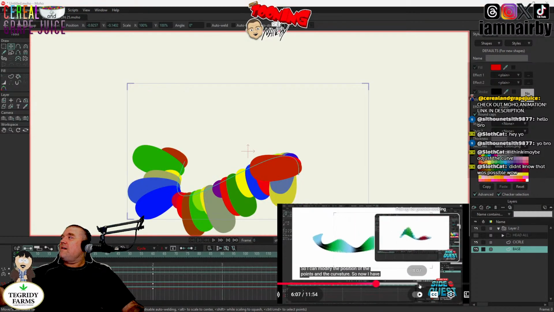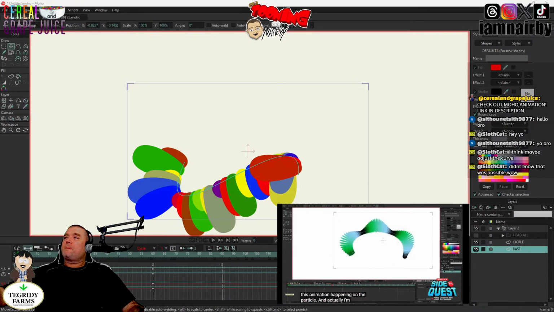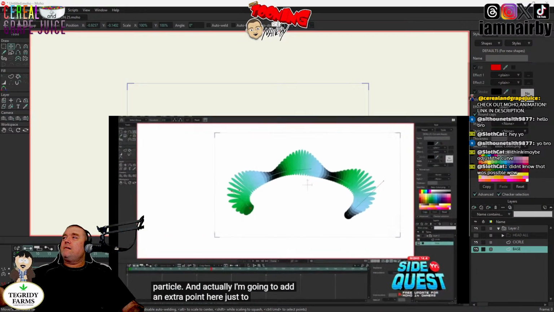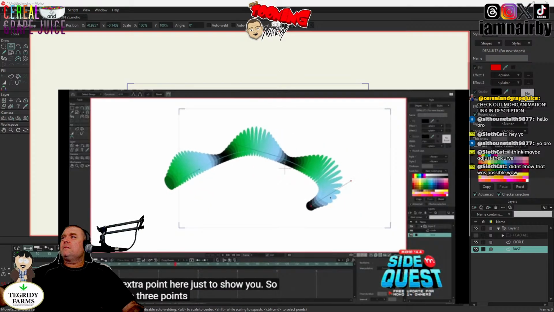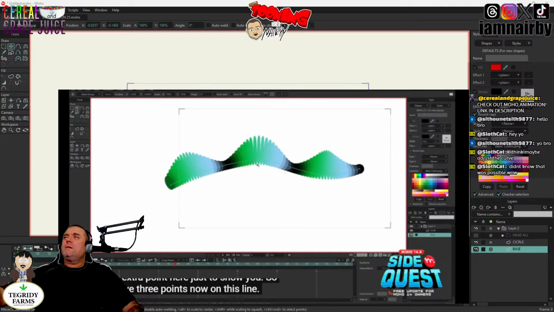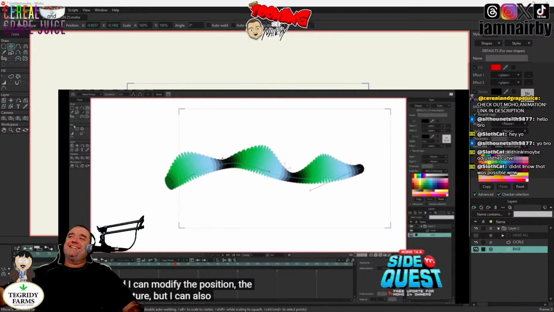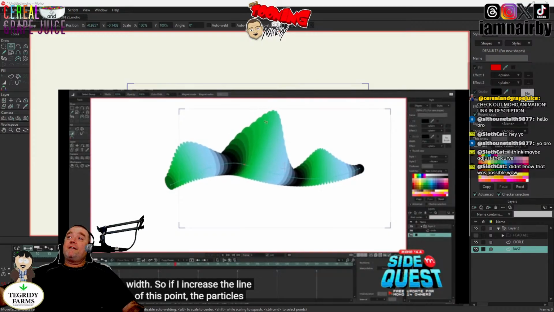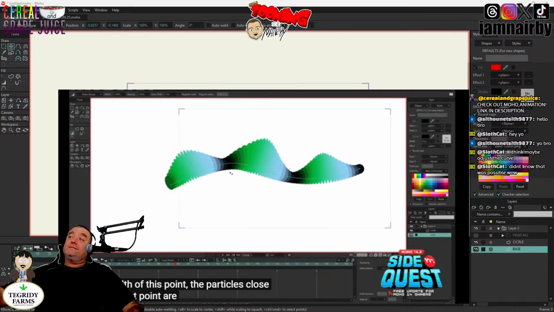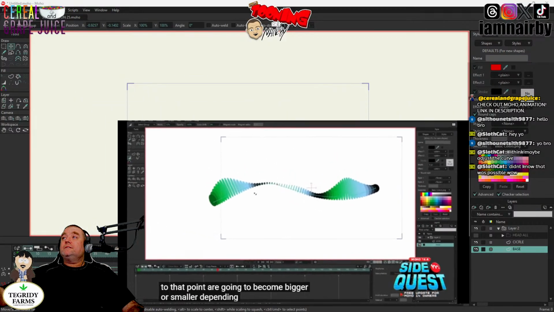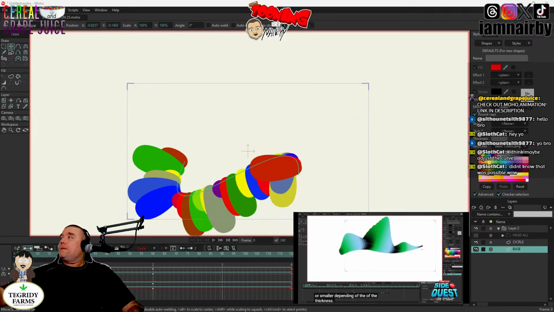Curvature, so now I have this animation happening on the particle. And actually I'm going to add an extra point here just to show you. I have 3 points now on this line, and I can modify the position, the curvature, but I can also modify the line width. So if I increase the line width of this point, the particles close to that point are going to become bigger or smaller depending of the thickness. So maybe I want this to